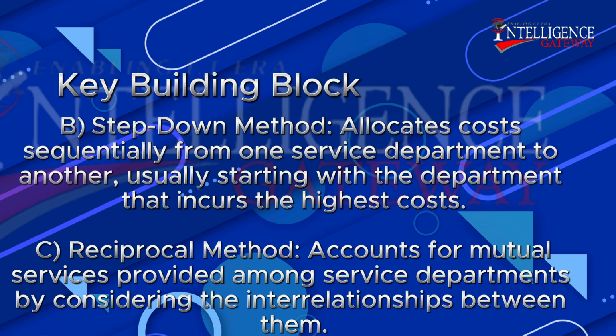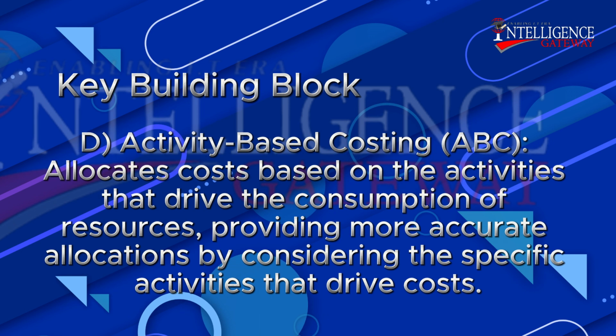highest costs. C. Reciprocal method, accounts for mutual services provided among service departments by considering the interrelationships between them. D. Activity-based costing, ABC allocates costs based on the activities that drive the consumption of resources, providing more accurate allocations by considering the specific activities that drive